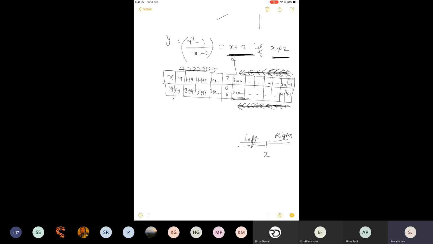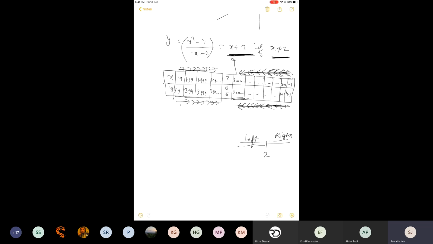How do we write this? When I say approaching 2 from right and left, that does not mean that I will be at x equal to 100 and approaching 2. Approaching means as close as it can be. So obviously I will not be standing at 100 or 3 or 4. I will be in the immediate neighborhood, as close as possible from the right side and from the left side as well.